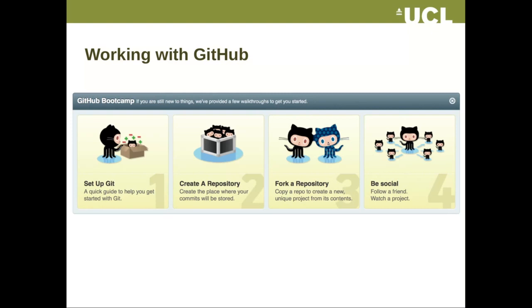This is a slightly old version of one of the slides or pictures from the GitHub website. But if you go to github.com, you'll find instructions there on how to set up Git, how to get started, how to create a repository, how to fork a repository. So this is something that allows you to copy somebody else's repository where you don't have permission to write to it. But you can create a local copy, you can work on it, and then you can create what's known as a pull request,